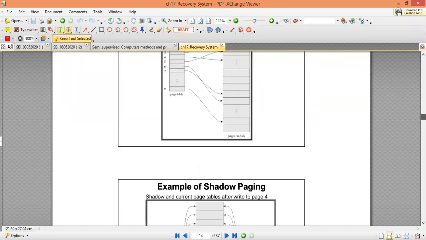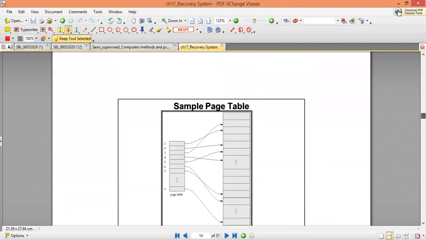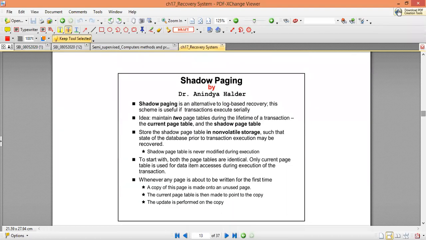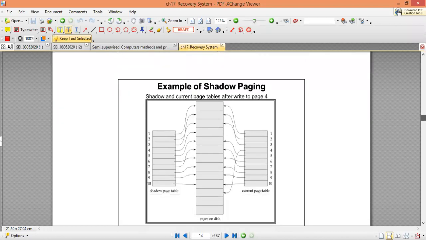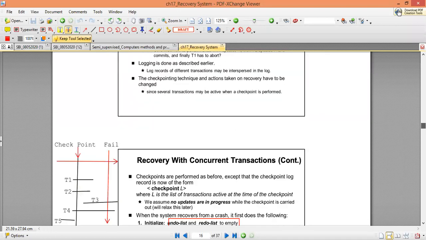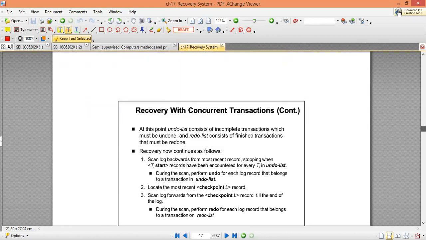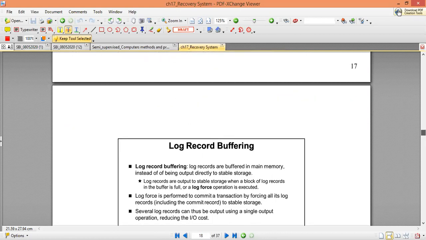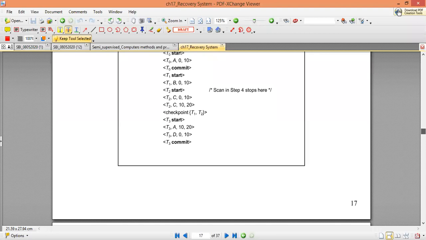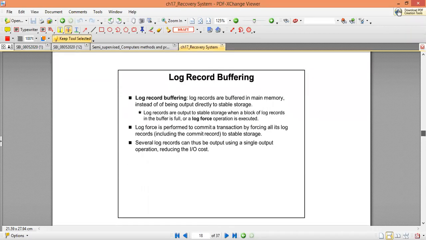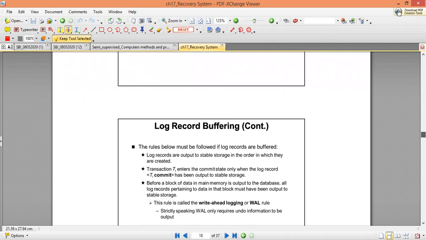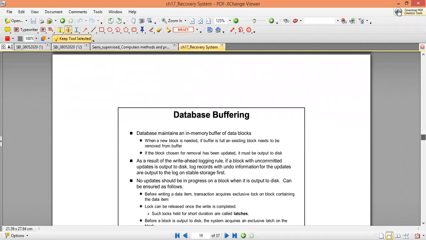Then we talked about the shadow paging technique, another way of handling recovery, where two page tables are used: the current page table and the shadow page table. Before that, we also discussed recovery mechanisms using log-based protocols for concurrently executing processes. And today we discussed database buffer management.